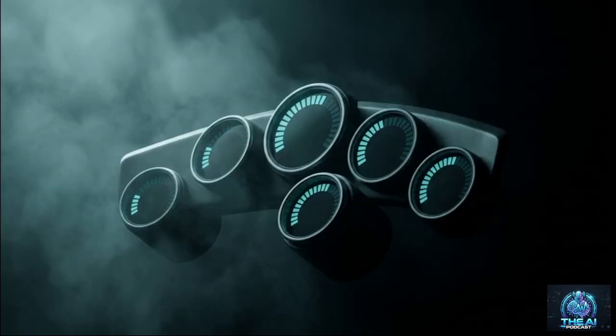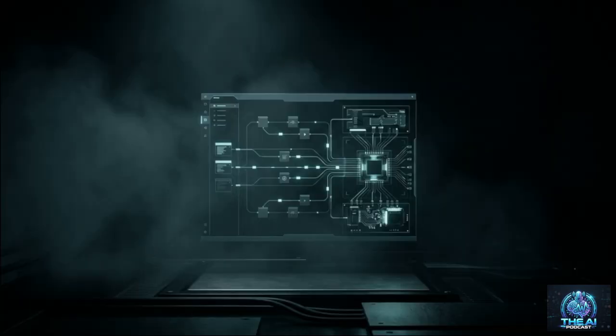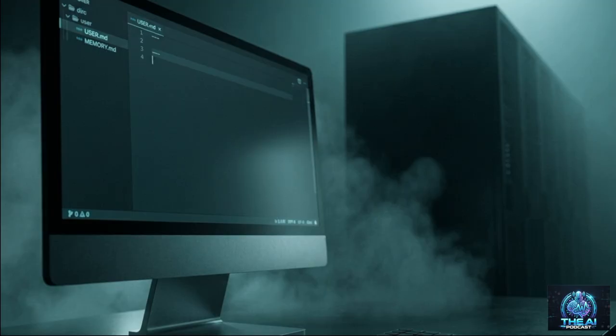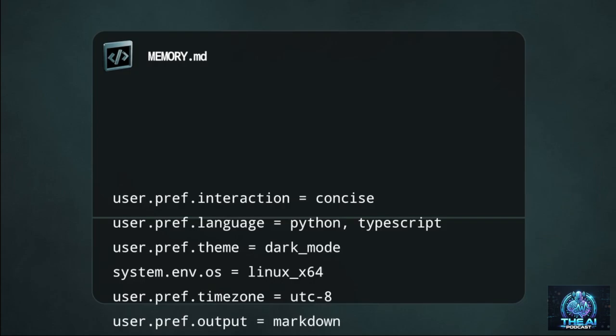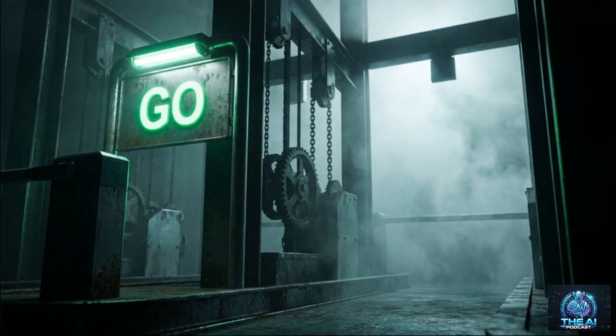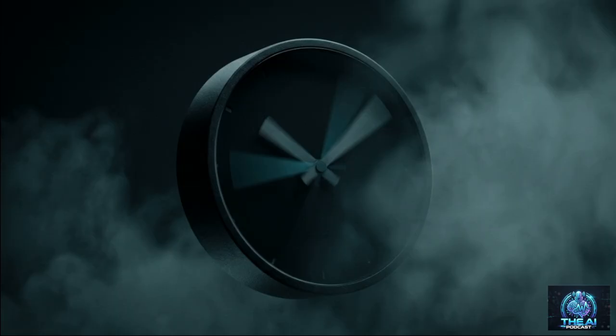Software layers like the Hermes agent manage this local hardware for you. It acts as a local system administrator, handling the technical loading and routing of models so you can focus on the output. The agent securely curates its own memory file on your drive. By setting hard character limits on what it remembers, it prevents system bloat and keeps its understanding of your preferences sharp. Since there are no per-prompt fees, your agent works around the clock.